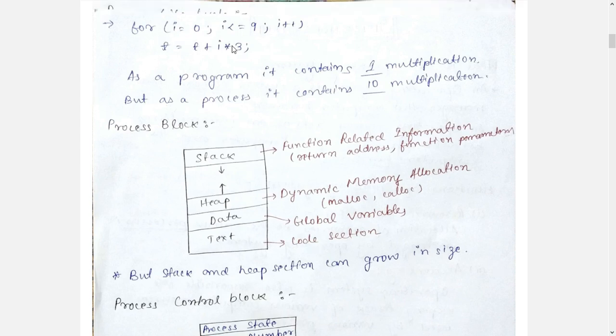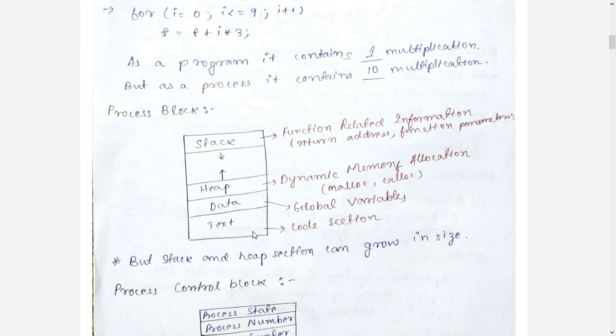This piece of text will be stored here. The allocation of global variables will be done in the data section. Any dynamic memory allocation will be done in the heap section,